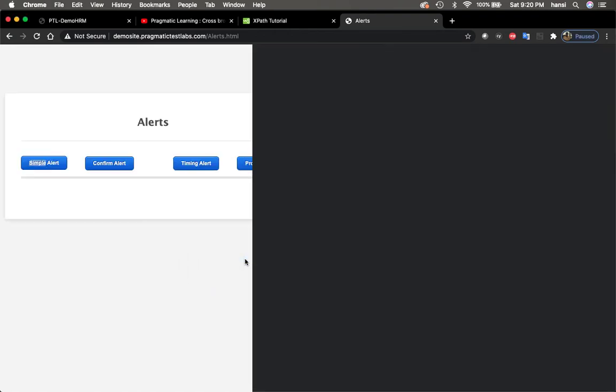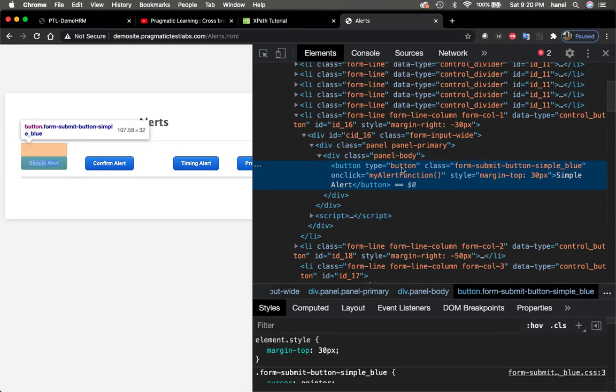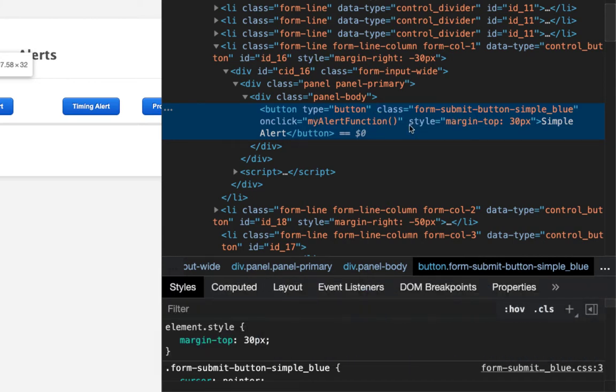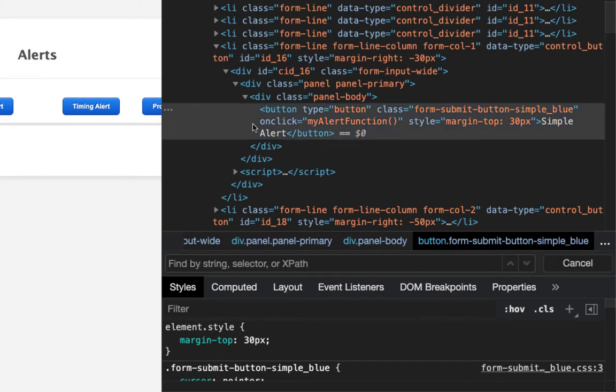Your developer window is open and the DOM is available. If you look closely at the element, you cannot see a name or ID in the element. So you cannot locate the element with name and ID. You should have different options. One of them is XPath. You cannot locate by the tag name because there are 4 buttons. To locate an element uniquely, you need to use XPath or CSS. In this video, we will see how to select the element with XPath.